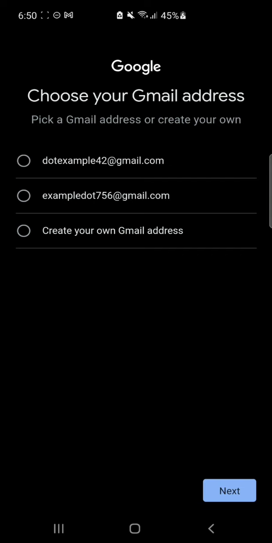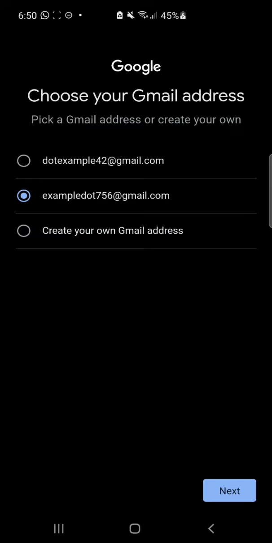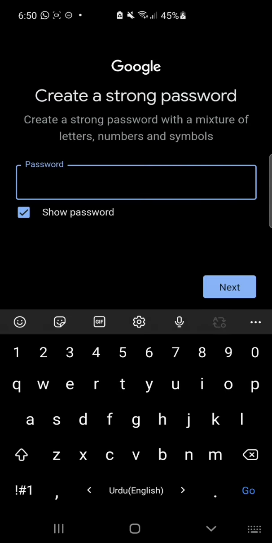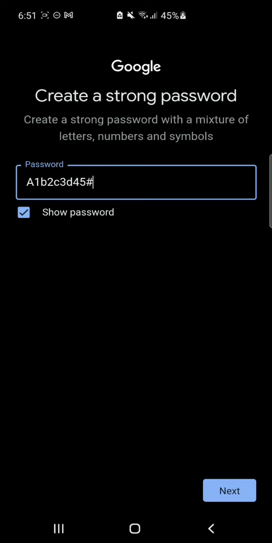Next, choose your own email address. You can create your own email address. It's just an example code. I select this. Next, create a strong password. The password includes capital letters, small letters, and words. You have to create a strong password because it's the email of your YouTube channel. As you see, I type capital letters, small letters, and words and letters in my password to create my strong password. Now next,